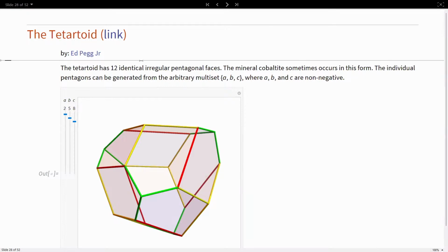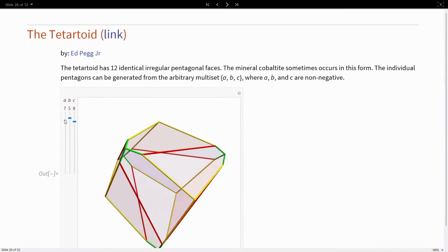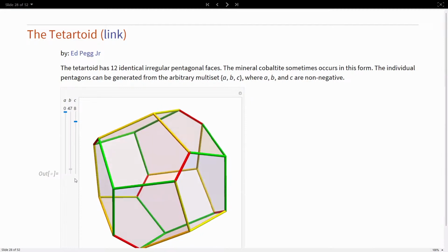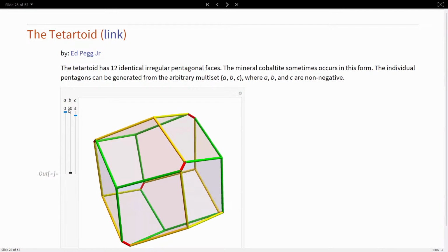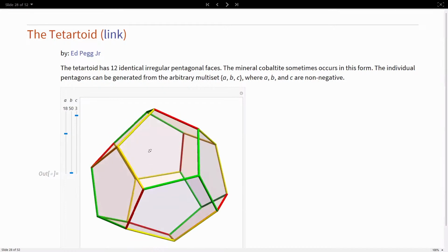Here's another strange shape that uses the tetrahedral group, which is called the tetartoid. Every face is a pentagon, and you can change the values, and you get different pentagons. You can get close to a dodecahedron or a rhombic one. I find it very interesting how all of these work with that. This particular code, I saw the tetartoid in a book, so I figured, well, there has to